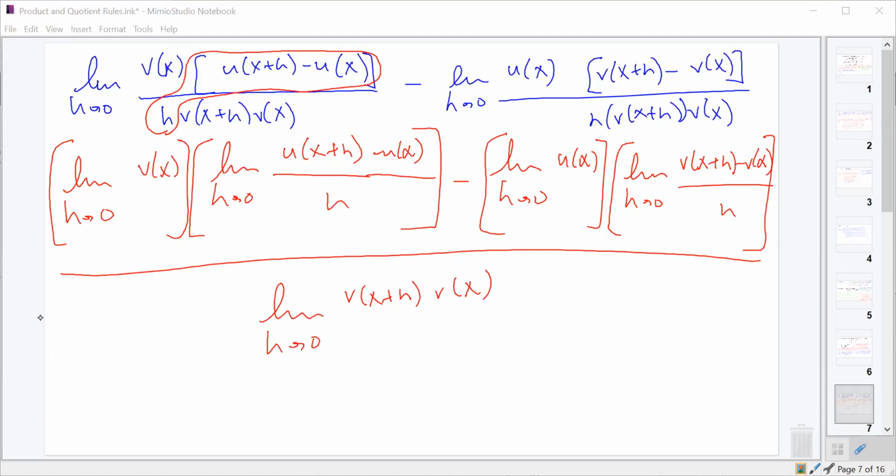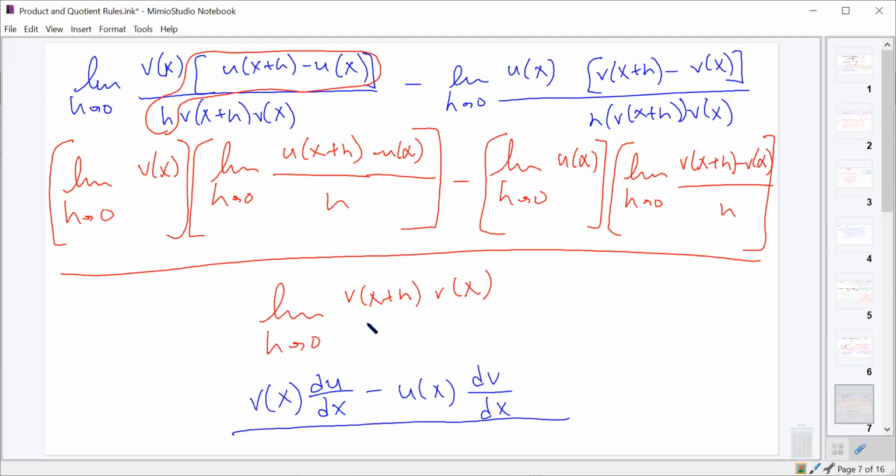Doesn't look as simplified down as what I had at the beginning, but it is. What's the limit as h approaches 0 of v of x? Should just be v of x. What's the limit as h approaches 0 of u of x plus h minus u of x over h? That's the derivative of u of x. Derivative of u, exactly, du dx, minus the limit as h approaches 0 of u is u of x. And then this one is the derivative of v. And this is all over, if I plug in 0 for h, this becomes v of x times v of x, or v of x